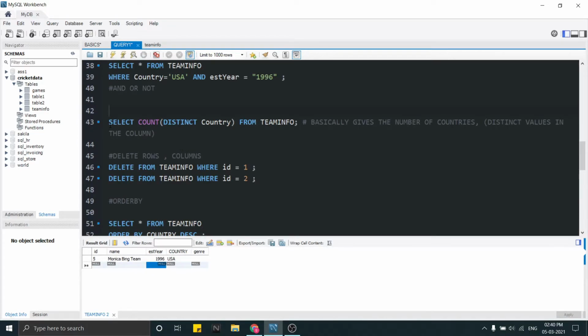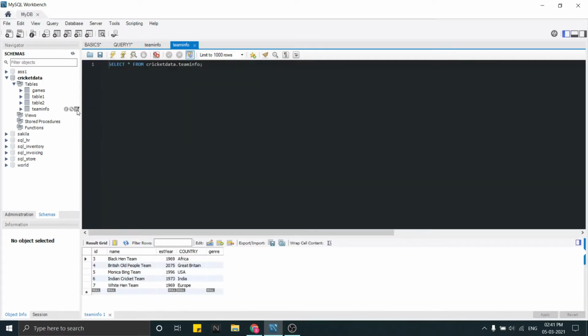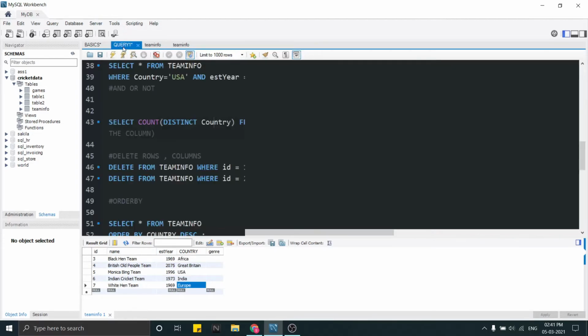Okay, so what this function does is basically return the count of how many elements or data we have. Here we have input the country: select count distinct country from team info. It basically gives the number of countries. So let me just run this. As you can see, it gives 5, and we can see that we have 5 countries, so it gave us